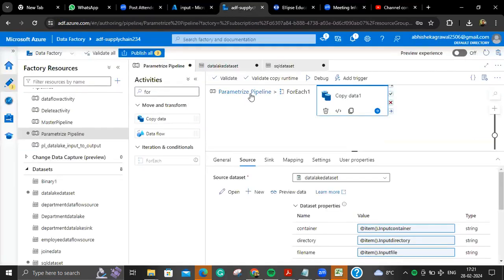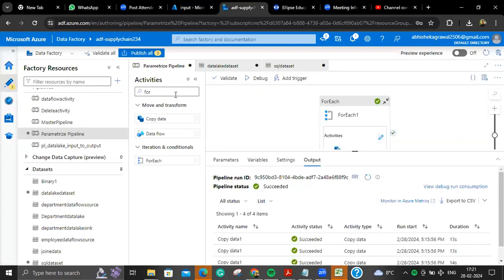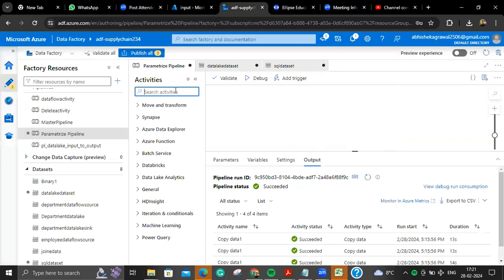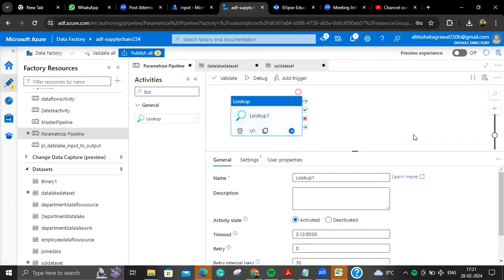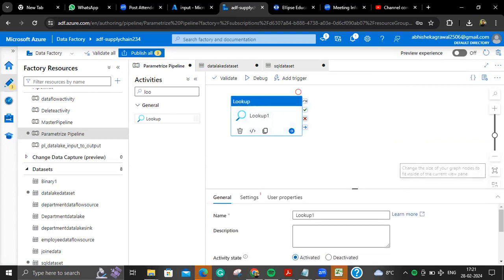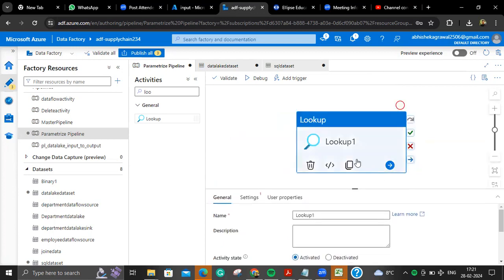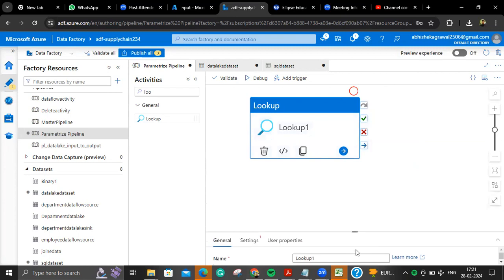Uploaded metadata. Now we'll use one more activity, which is the lookup activity. What will this lookup activity do? What is the purpose of the lookup activity? Lookup activity will look up a value or a data set. Okay, so here it will look up to